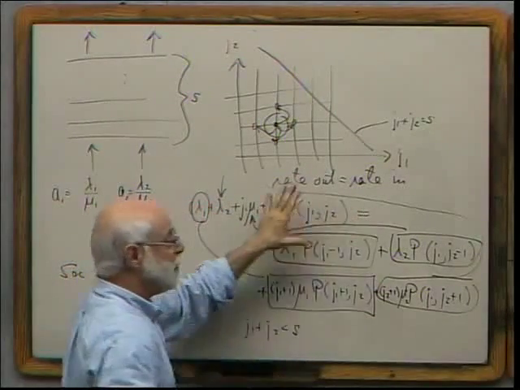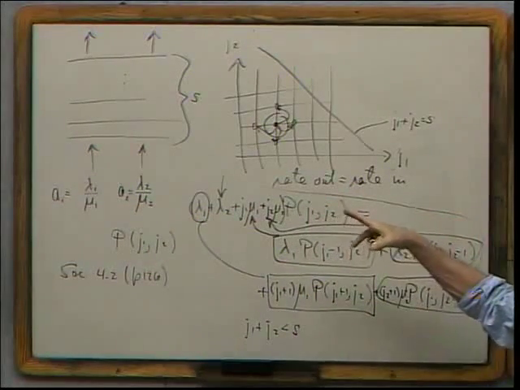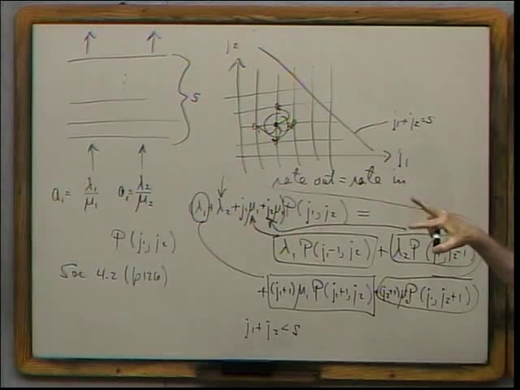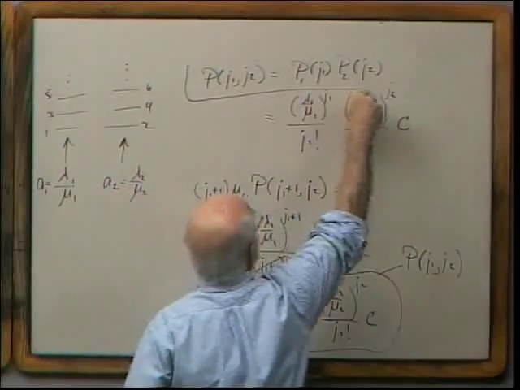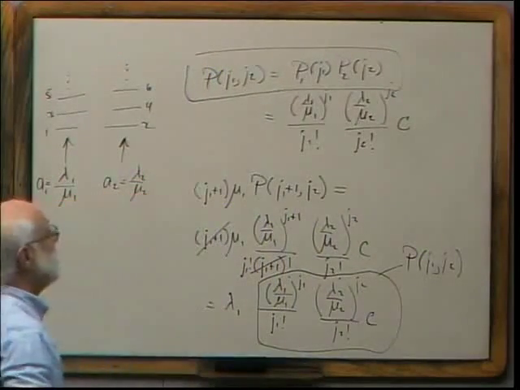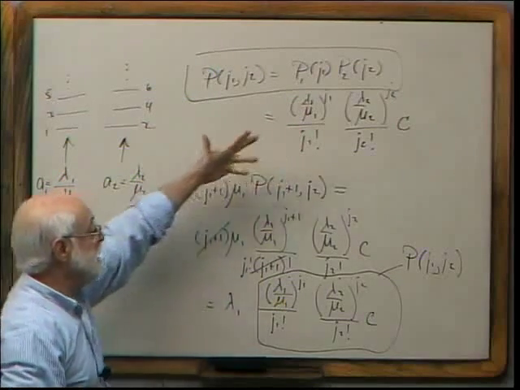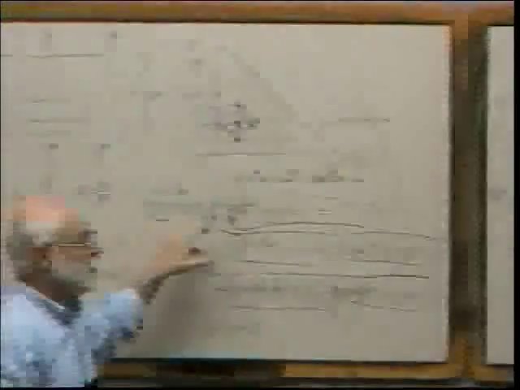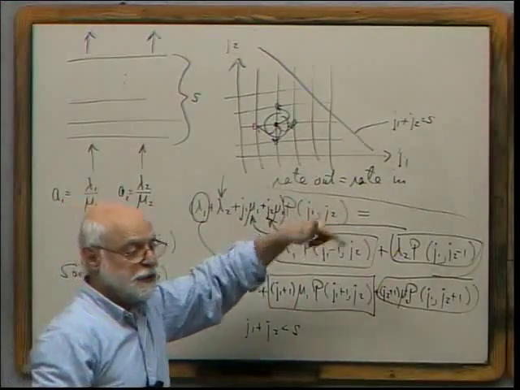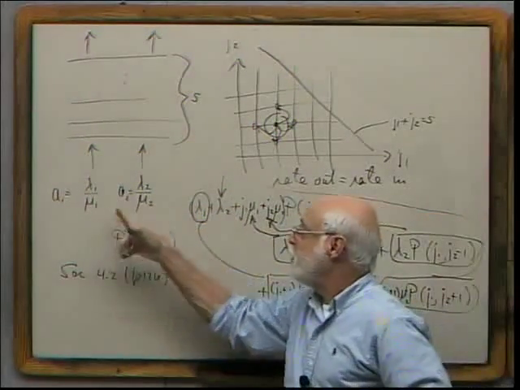solution. So even if I have a boundary, and even if the number of customers in each state from each stream are not independent of each other, nevertheless, I will still have a product solution. And you might think how that could be so if, in fact, the random variables are not independent. But we'll see that, in fact, we do have a product solution because it satisfies the equations. And then that will also give us some results that are kind of interesting because it'll show that the Erlang B model generalizes to the case in which I have an arbitrary number of streams of different types of traffic, and all I have to do to get the final answer is simply